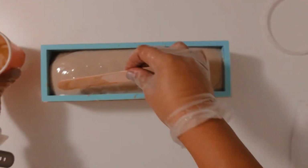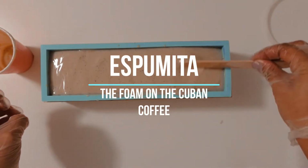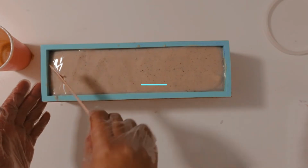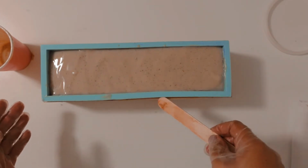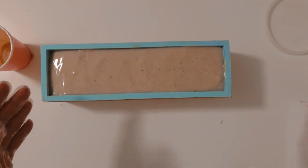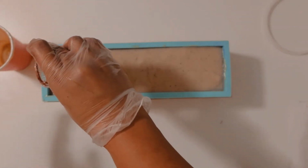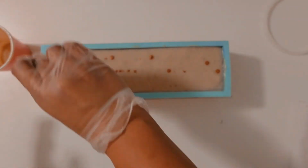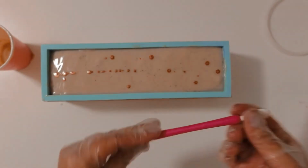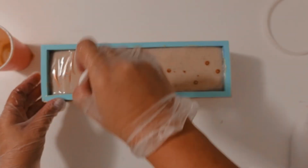Here in Miami, we call it espumita. When they make the coffee here, they make the little frost on top, and that's honestly the most delicious part. And here in Miami, people take coffee very seriously. They need to have their coffee. They go to the coffee shops here, especially for the Cuban coffee. They are obsessed. I pour a little bit of the gold mica on top,